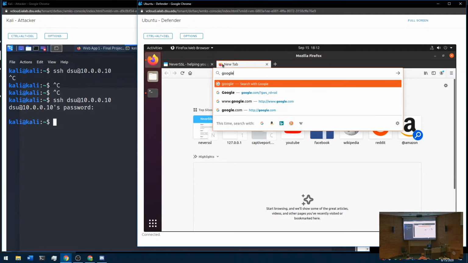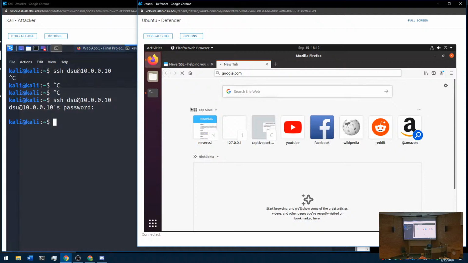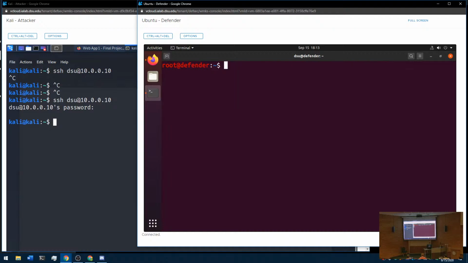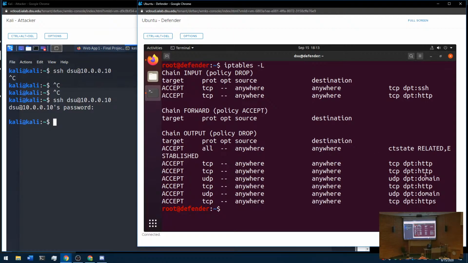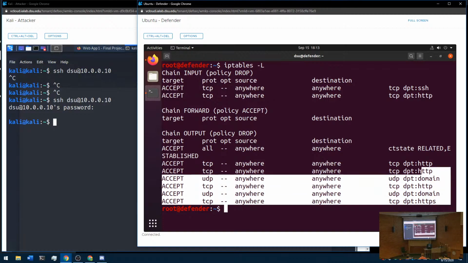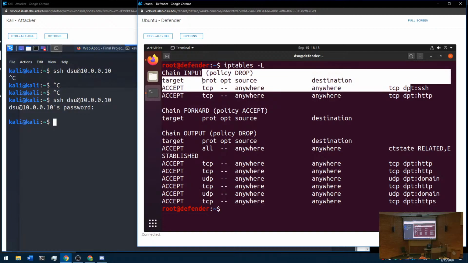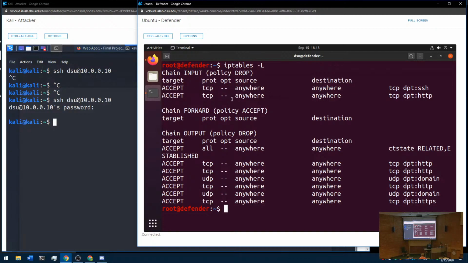So try to go to Google. It's not working. And that's because, iptables -L. So that's because we just allowed all this stuff out. Oh, I spammed that rule kind of a lot. That's because we are not allowing the response back in. So when the server sends the response back, we're not currently allowing that back in. So in order to do that, let's just,